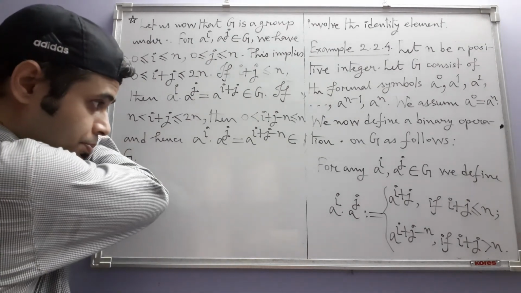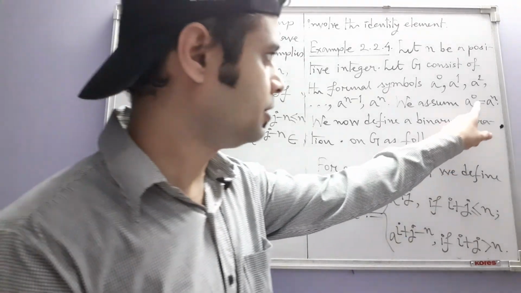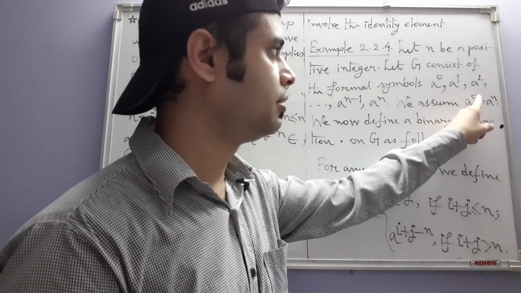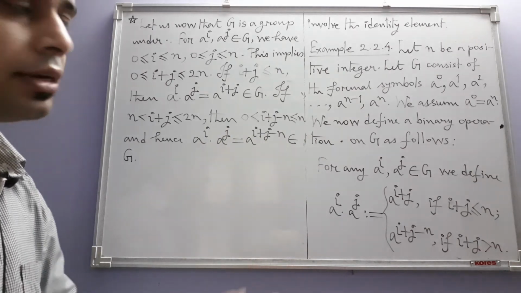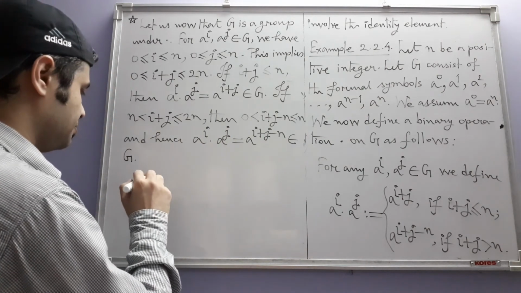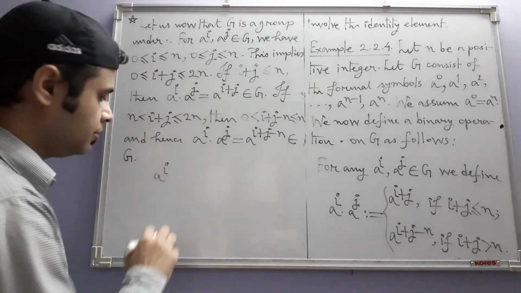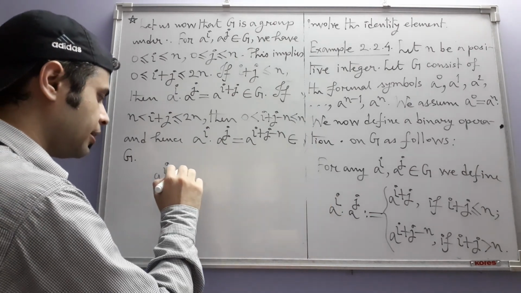In trying to prove that uniqueness, you will face a problem here, because we have assumed that a to the power 0 and a to the power n are actually the same thing. So the problem that will arise here is this: if I have, say, a to the power i, and in place of a to the power j I have a to the power 0,